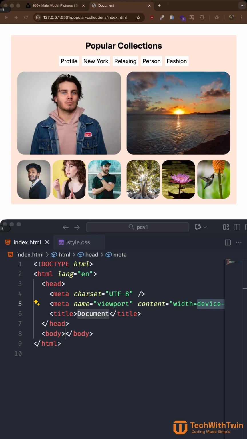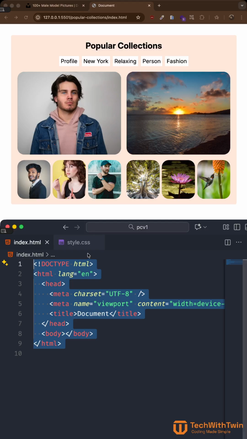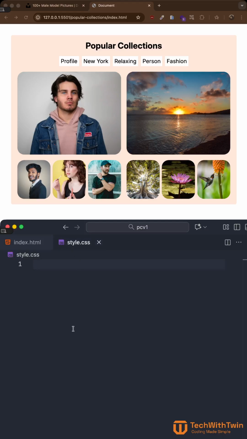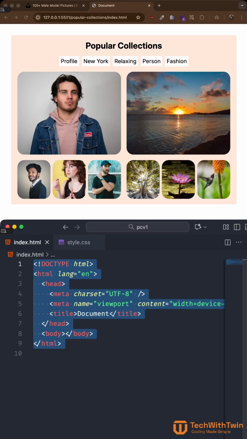In today's tutorial, I'm going to show you how we can create such a layout using HTML and CSS. So to begin with, we have a blank HTML template and also we have a blank CSS file. And as I showed you, the very first thing we always do is link our